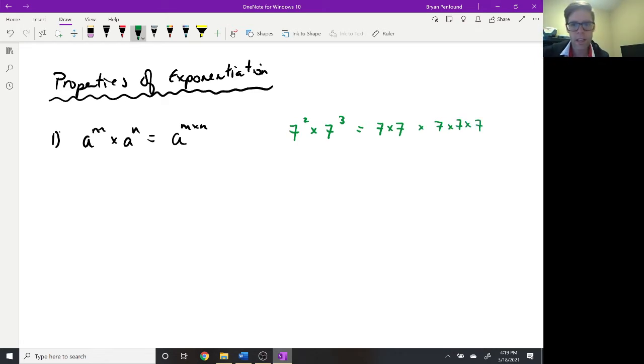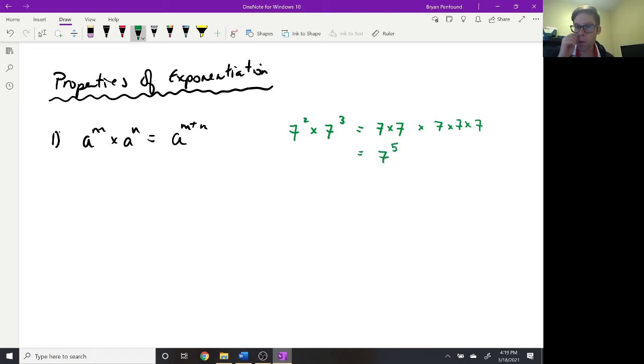So there's 7 cubed. And notice altogether we have 1, 2, 3, 4, 5. Oops, sorry, this should be a plus sign. This should be m plus n, not m times n. Try again. Because when I go in and I look at how many copies I have: 1, 2, 3, 4, 5 copies